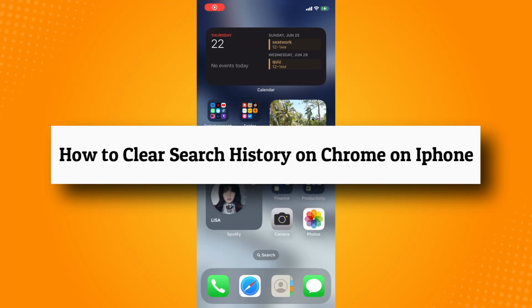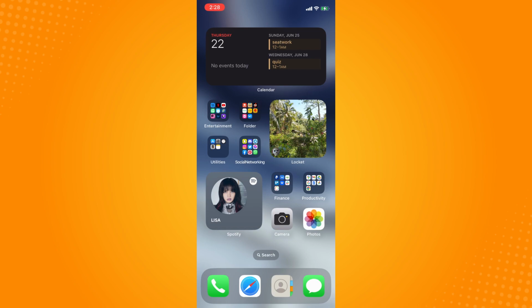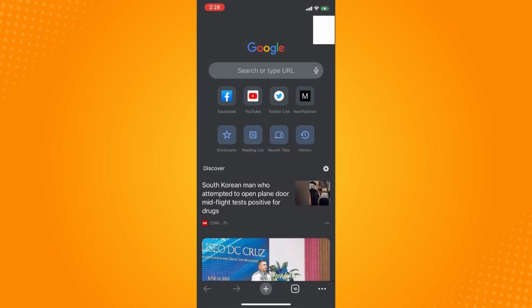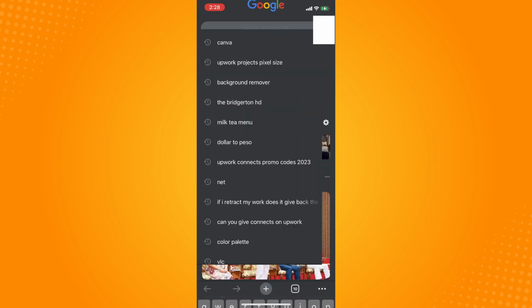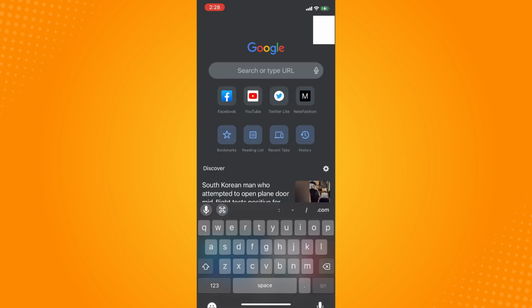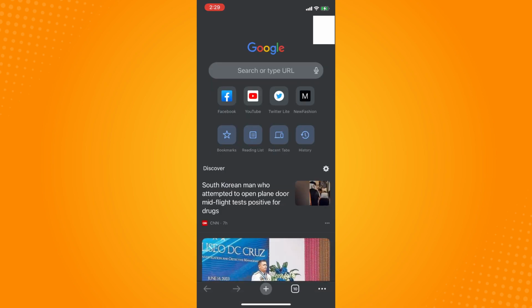How to clear search history on Chrome on iPhone. So all you have to do is go directly to your Chrome here, and then as you can see here, if you tap on that, you will see my search history. Now to actually clear my search history on Chrome, on the upper part, you will see